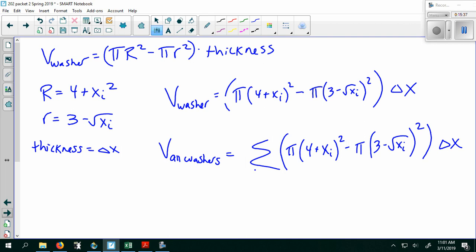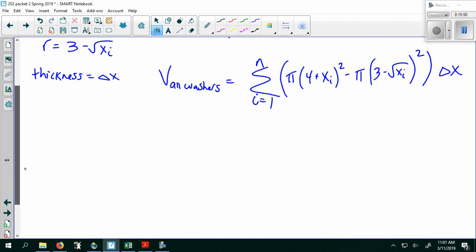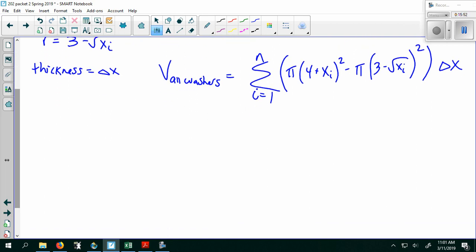I'm going to add up n of them, i going from 1 to n. And then my exact volume will be that sum as n goes to infinity. It doesn't matter whether you start at 1 or 0, because we're going to let the number go to infinity, you're still going to have infinitely many. Okay,